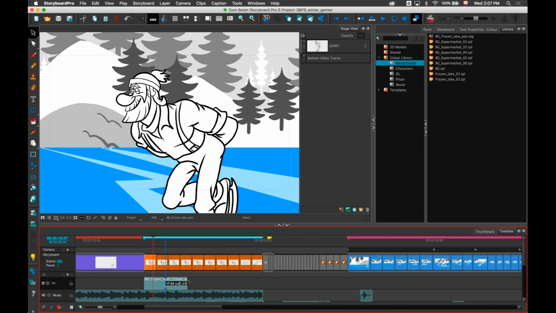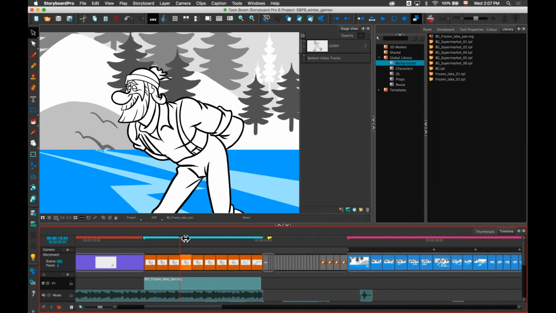When I'm moving something in my timeline, if I'm holding Shift, this will make it snap to the in and the out of other things in my timeline, either panels. So now I'm holding Shift, and you can see it's snapping to the start and the end. I want this to snap to the end of the panel. Now I've added the layer, I've added the drawing, and now this spans across all the panels in my timeline.